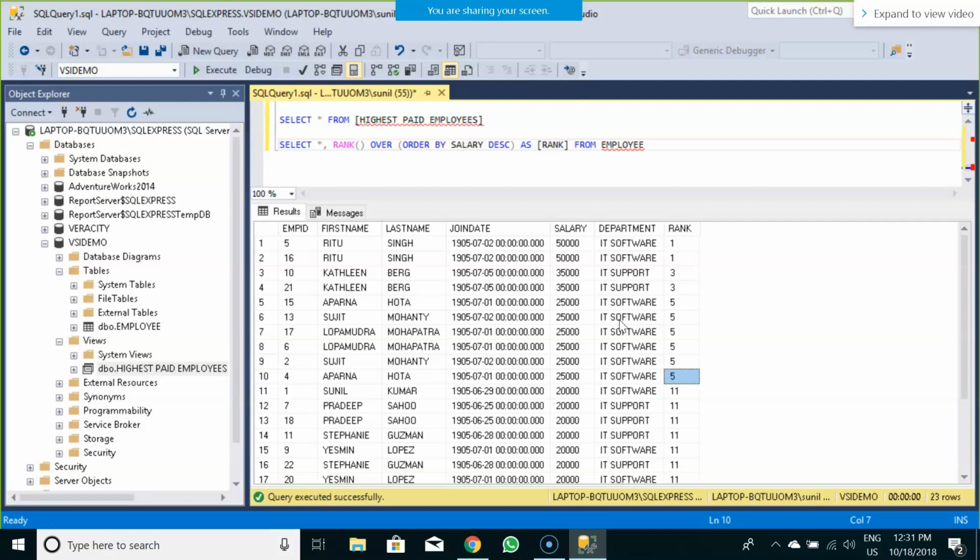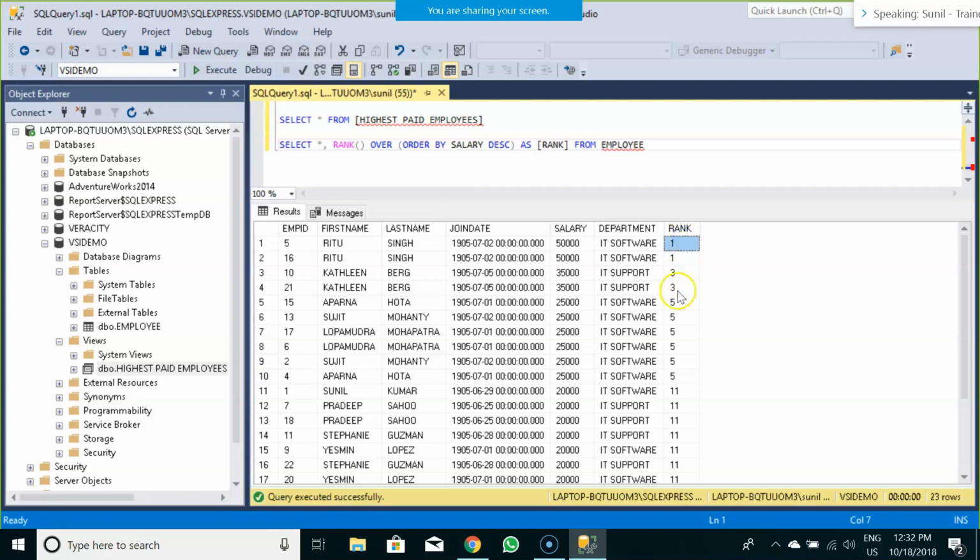Okay, so what happens essentially in the rank function is it maintains the gap. Maintains the gap as in 1, 1, then the next item, instead of 2, it would take it as a 3. Then 3, 4, instead of this particular 4, it has taken up as 3.